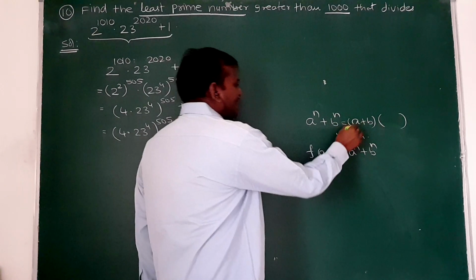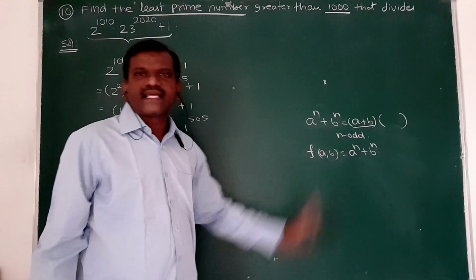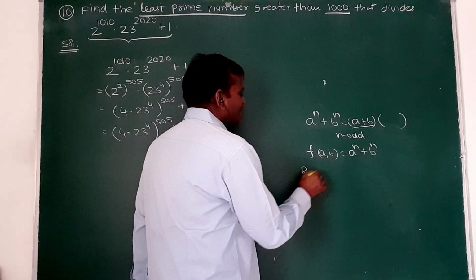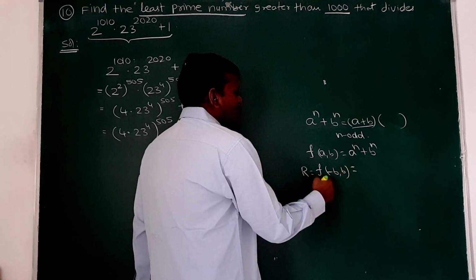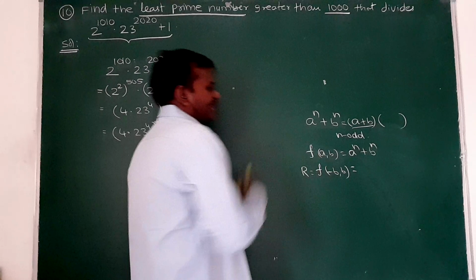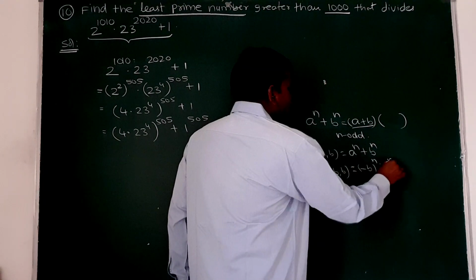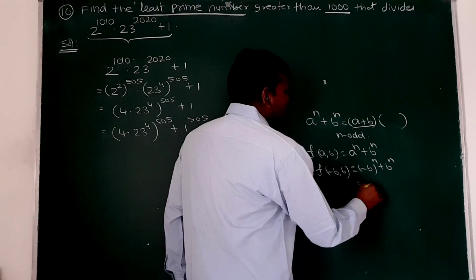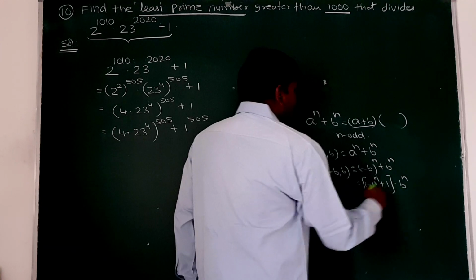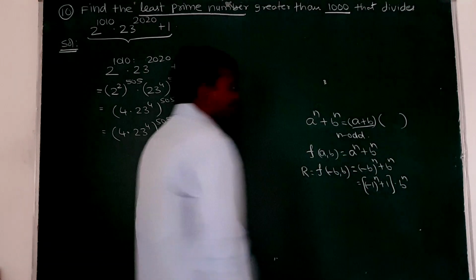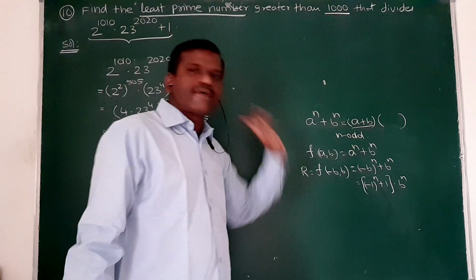If it is divisible by a + b, what is the remainder? In place of a, if I keep -b, I will get the remainder. That means the remainder is f(-b, b). So that a + b is one of the factors. That means (-b)^n + b^n. If b^n is taken as common, I am getting ((-1)^n + 1) × b^n. When n is an odd number, I am getting this as 0. That means the remainder is 0. Remainder is 0 means a + b is a factor of a^n + b^n.